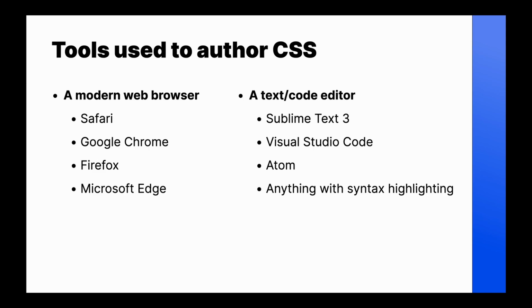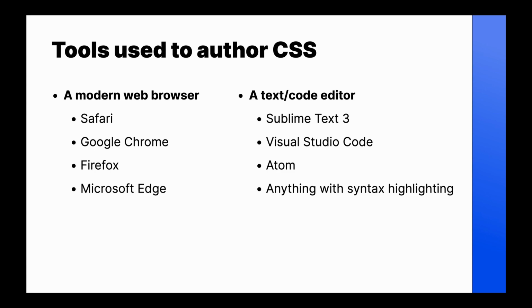Tools to author CSS, you basically need just a browser and some sort of code editor. You can use anything you want, any browser you want almost, and just go to town. Text or code editors that are pretty popular include Sublime Text 3, Visual Studio Code, Atom, and basically anything that has syntax highlighting. Syntax highlighting is just a way to define those rules that you see in the code. So it's more color coded in a way, so you can easily scan it and identify things as